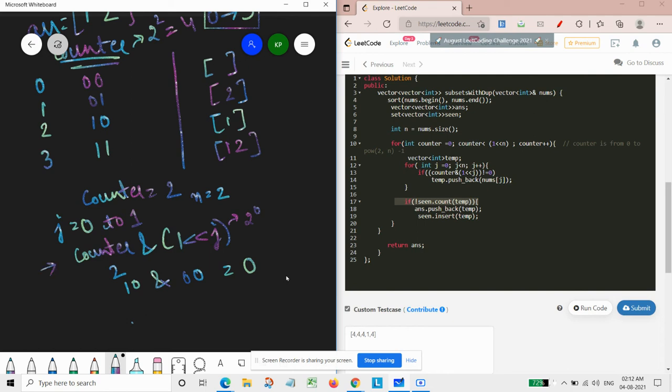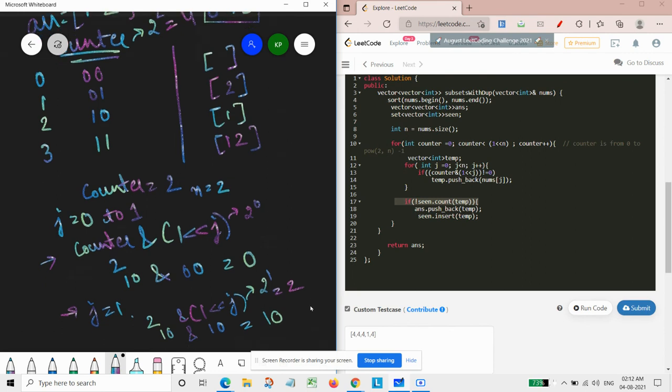Then at the next moment, when j equals 1, our counter value is still 2, which is written like this. When we do AND with it, it will be 2 raised to power 1, that is equal to 2. Then we do AND, it will be 1 0, and it equals this only, that is a non-zero value.